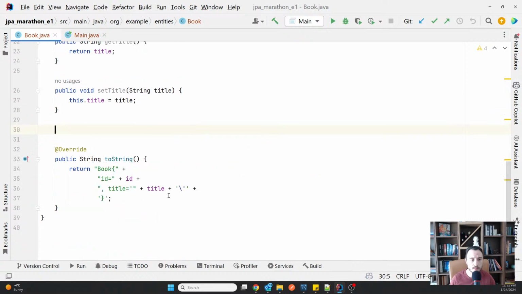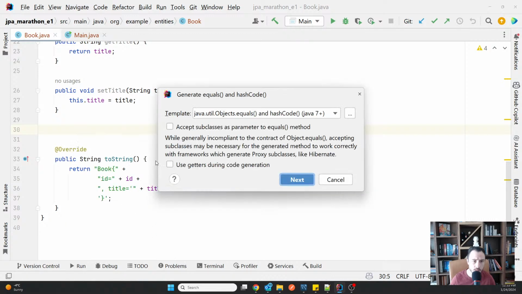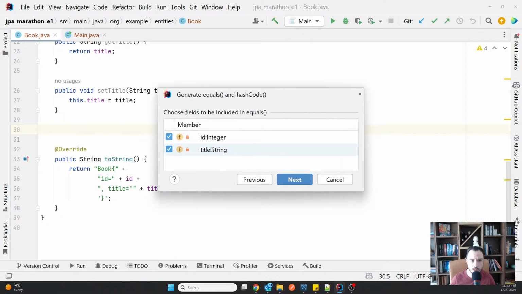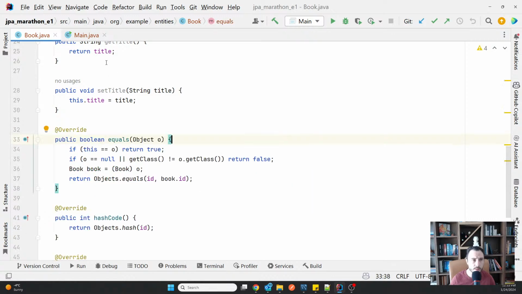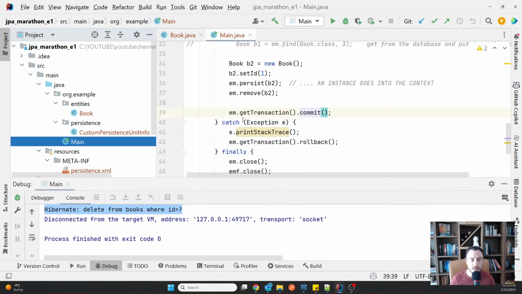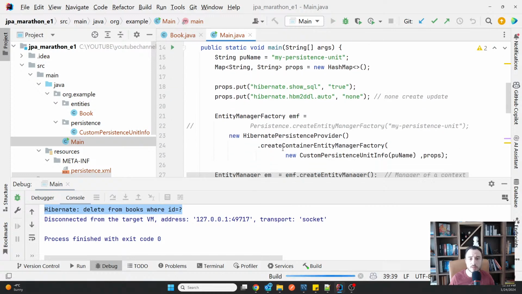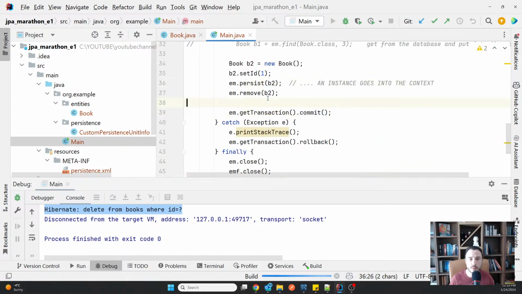So now I'm going to override them just based on the ID. So go here and do that. Now I'm curious if that is it. Why? Because if they are in the context, what do you think Hibernate uses to map if B2 and B2 are the same?